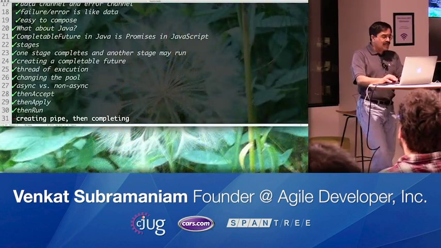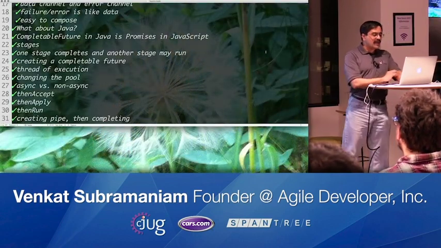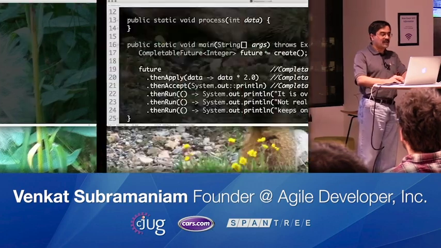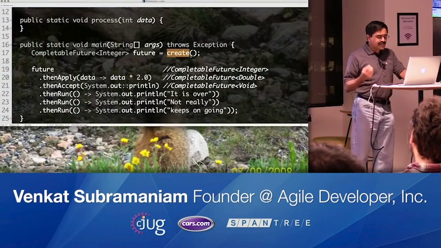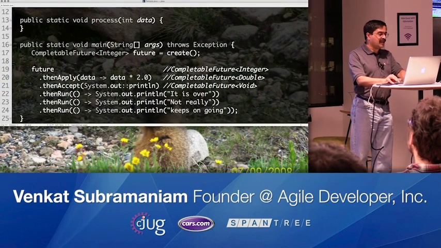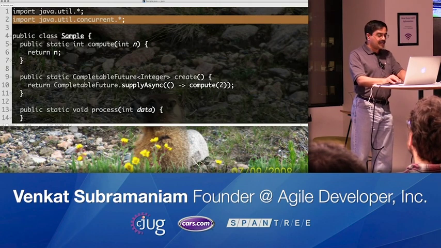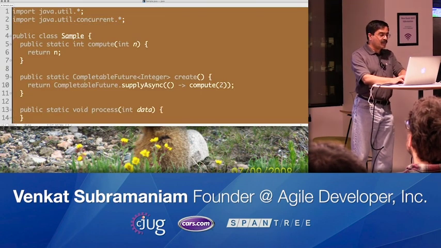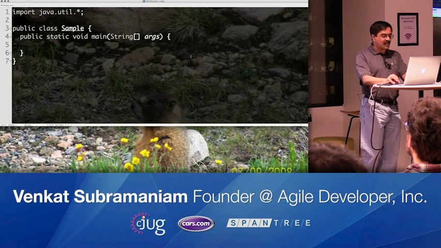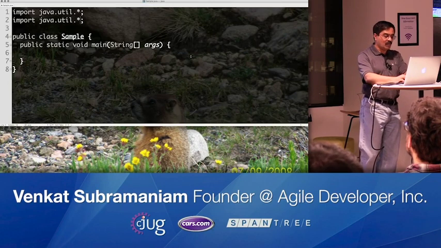Now, we saw how to use these methods. Let's go ahead and look at how to build a pipeline and use this. And I haven't still shown you the exception handling in here, but we'll come back to that in just a little bit and see how we can use that. So let's start with a little example and play with one other way to deal with it. So let's go ahead and create a method here.